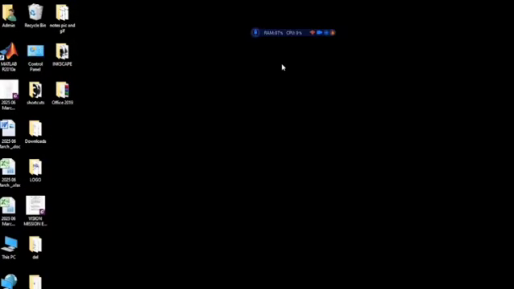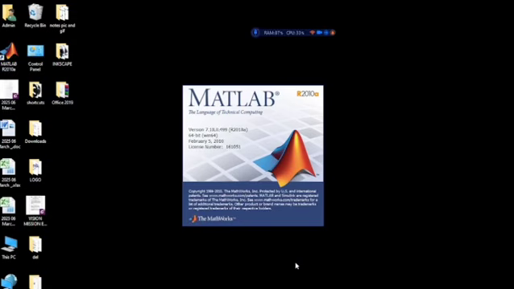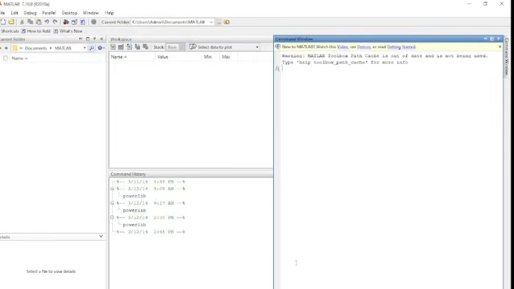Charging and discharging of a capacitor, which is our experiment number 4, we will be performing using MATLAB. So we'll just launch the MATLAB software. We'll be designing a series RC circuit using MATLAB, and for that